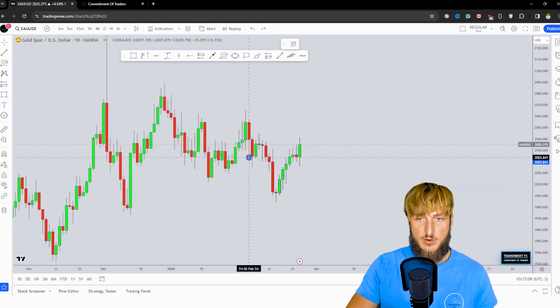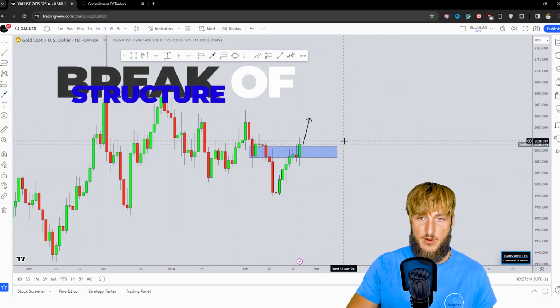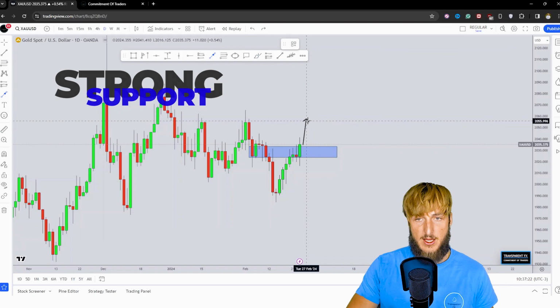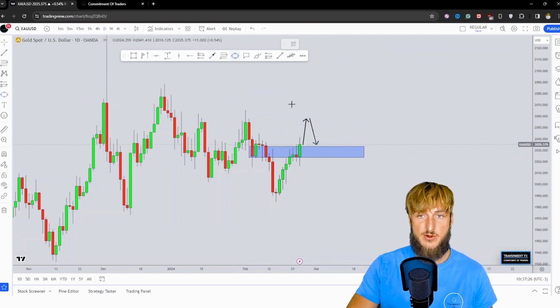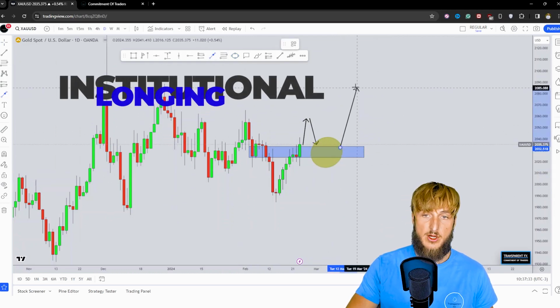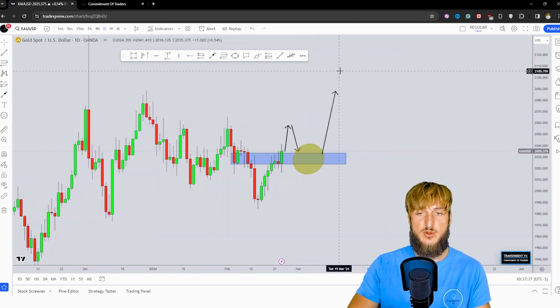Now, if the market will successfully manage to break and close above the zone with a strong impulse to the upside, at that point, this previous resistance would be turned support here. So if we get this break above the resistance on the retest of the previous resistance turn support, this is a quite interesting zone, because inside of here, we could see more institutional longing, which at that point could further increase the probabilities of a potential push higher